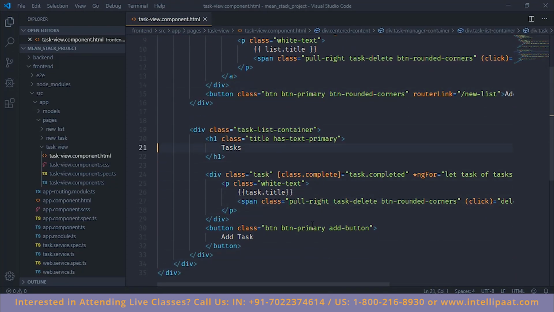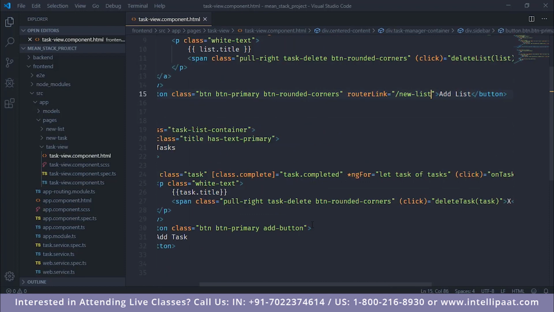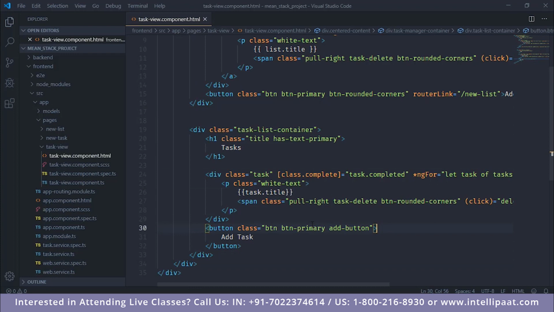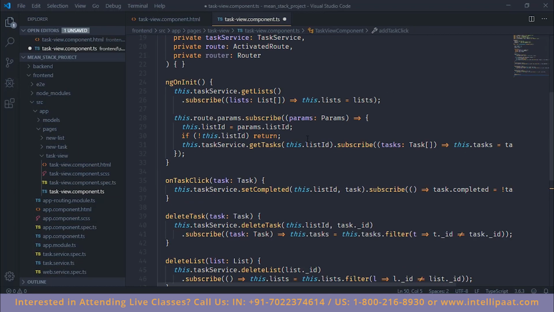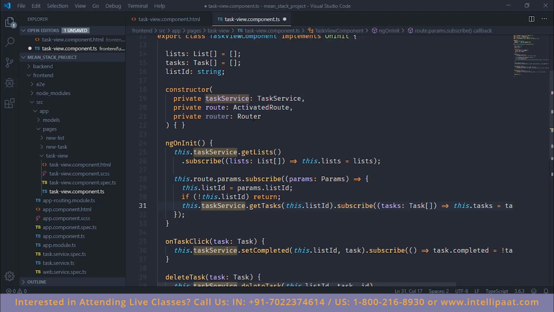Now that is done, let's do one more thing. Since it was very easy to do this because all we had to do was to instruct the page to go to the /newList, but we can't do the same for any of our other routes. So for this add task, we need to handle it inside our TypeScript file. So we just say add task click. So now we need to create this method inside our TypeScript file, which is here, and so now whenever the user clicks on this, what we need to do is we need to use the router